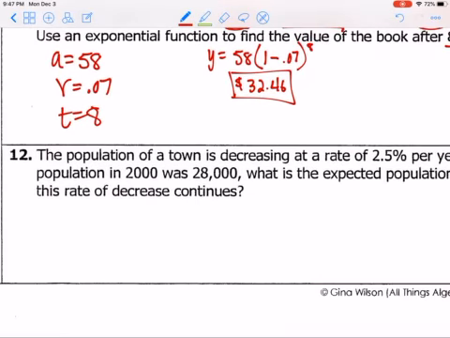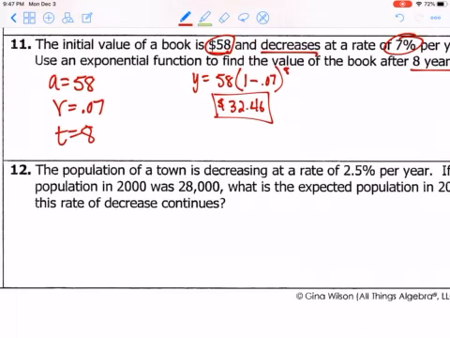And the last one here, the population of a town is decreasing